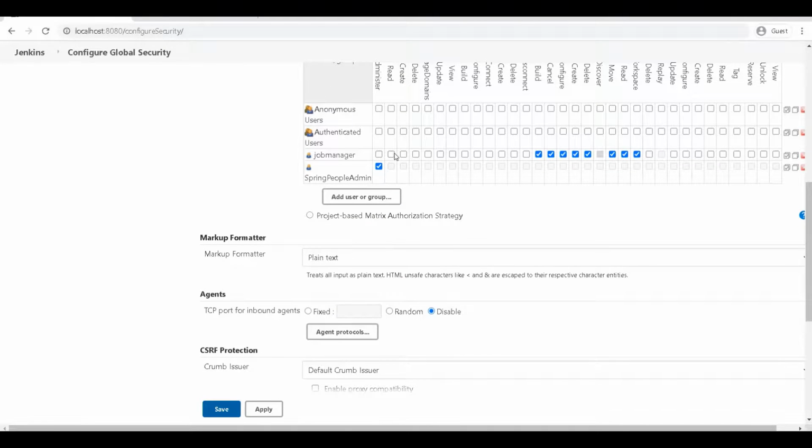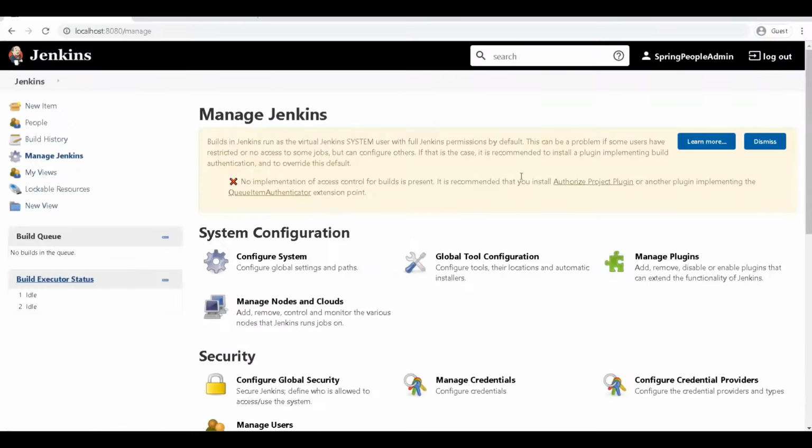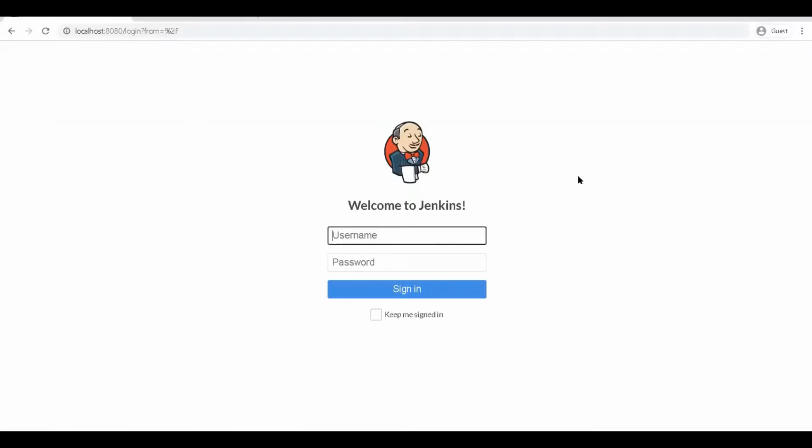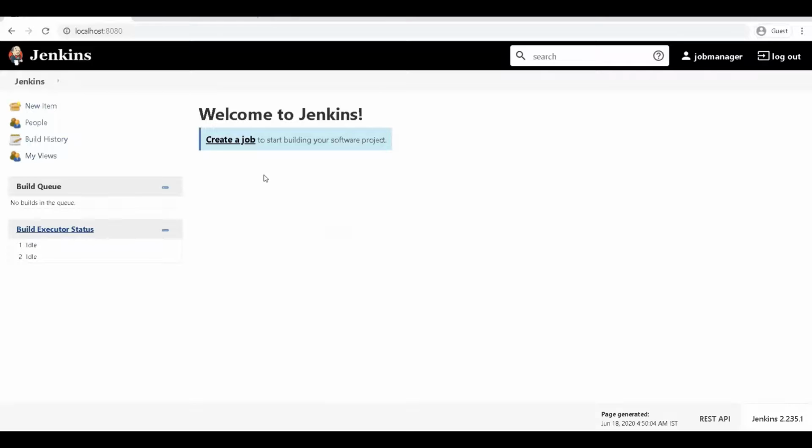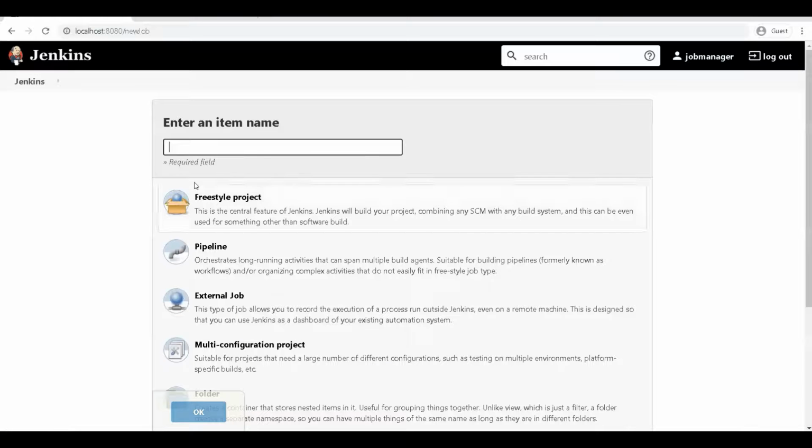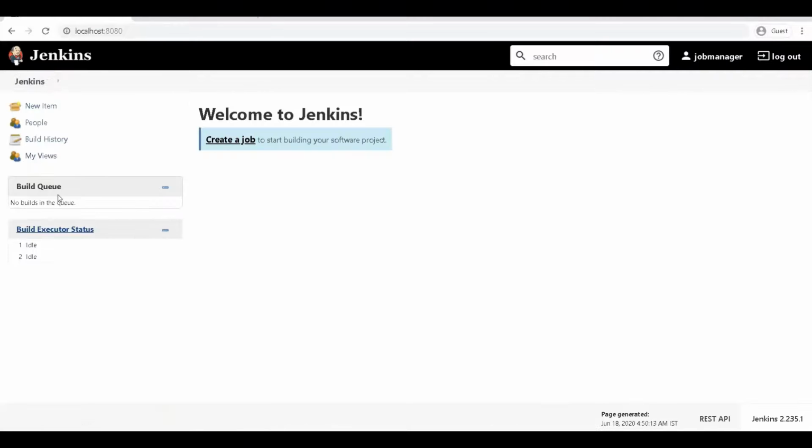So overall is read, but he can actually create and update jobs. Now let's log out and log in again with job manager. Okay, so he can't see the Manage Jenkins option, he can't see other views, but he can actually create jobs, he can actually manage jobs, he can actually build view, build queue, build executors.